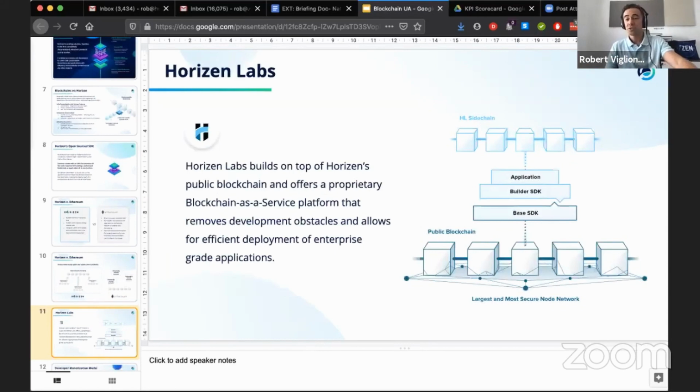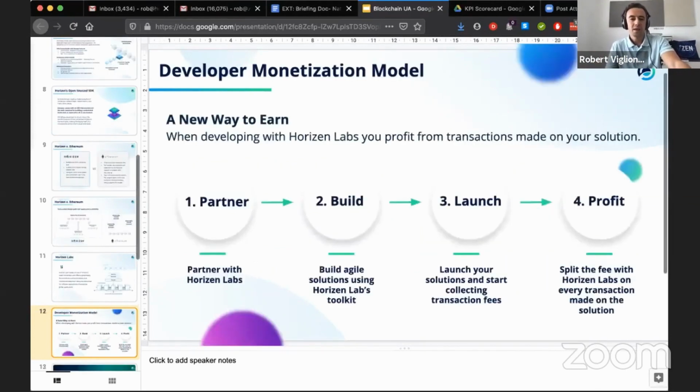Horizen Labs is the commercial accelerating company that I mentioned. But for full disclosure, guys, I am also the CEO of Horizen Labs, co-founder of Horizen, CEO of Horizen Labs. And what we do is we offer commercial solutions. So if you're a business and you're looking at a business application, you should probably talk to Horizen Labs if you want to get in here, because we can help accelerate your blockchain development by using our more commercial grade SDK. The monetization model is, as I've already said, you participate in transaction revenues,